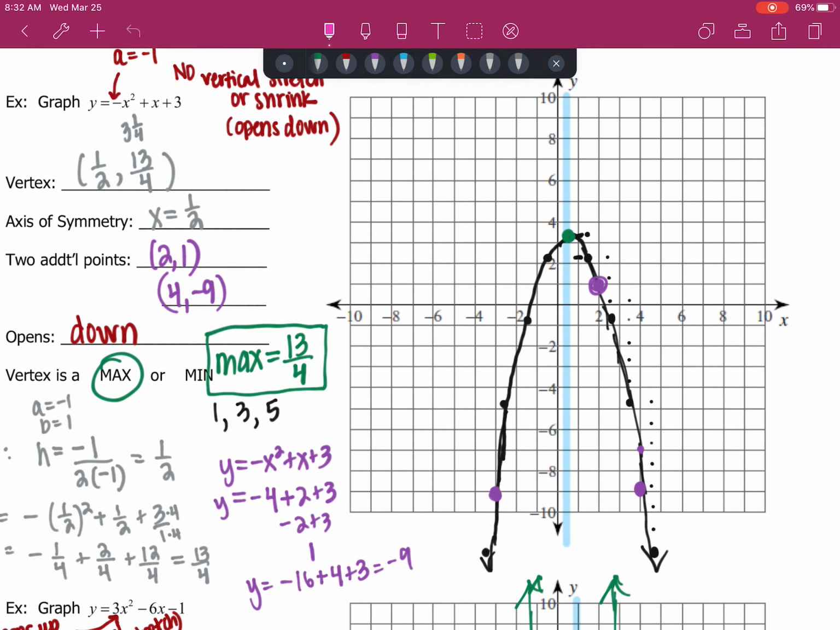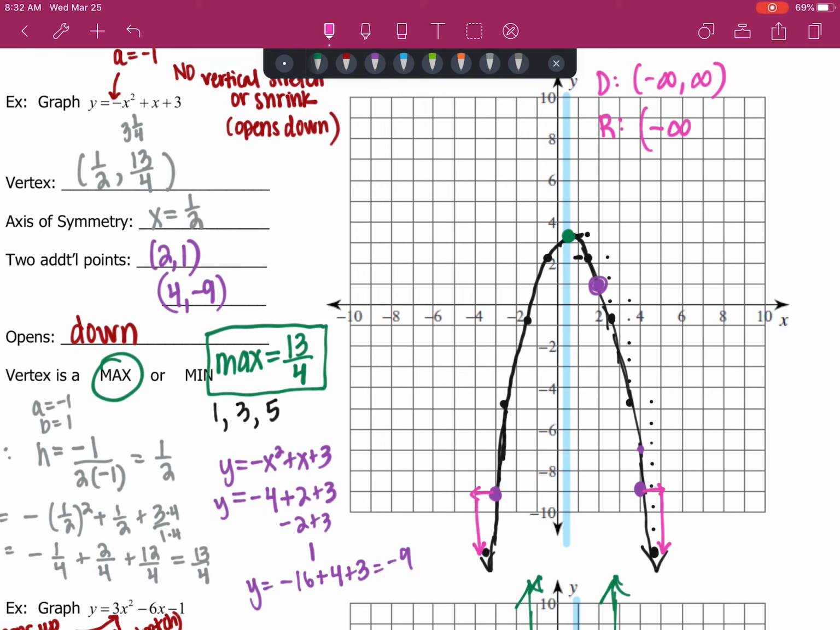Okay, let's do the next. Our domain, I think we can see this is going left forever, but this time down forever. So the domain goes from negative infinity, right forever, down forever. So